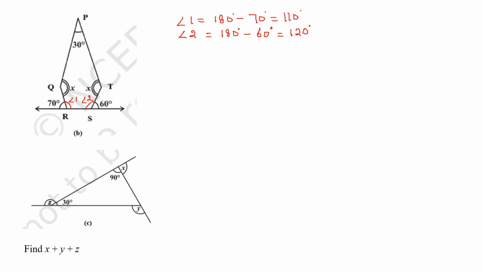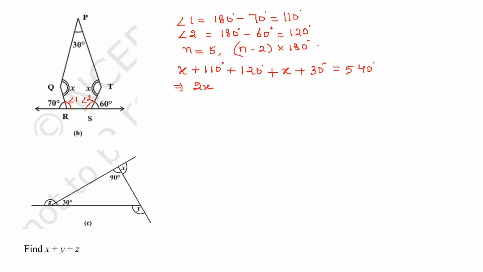If you don't know how to find it, then you can use the formula n minus 2 into 180 degree, and using this formula you will get the sum of the interior angles as 540 degree. So now I will write x plus angle 1 whose value is 110 degree plus 120 degree plus x plus 30 degree. This will be equal to 540 degree. And now we have to solve this. So it will be 2x plus 260 degree